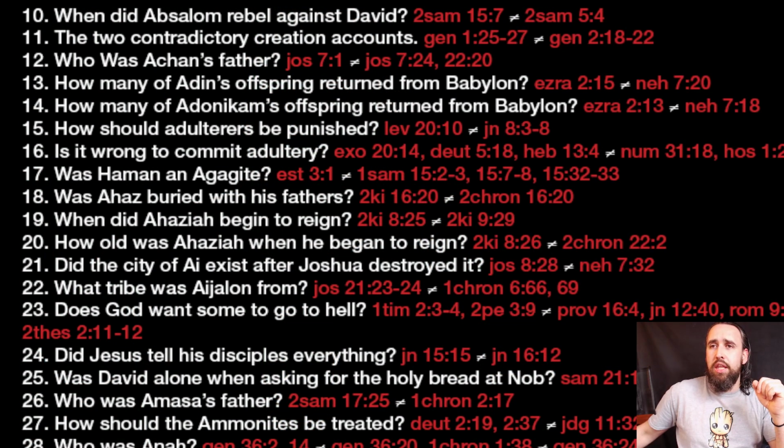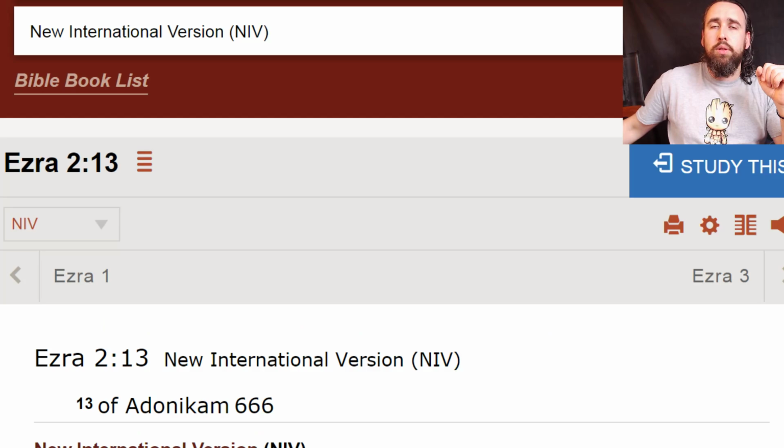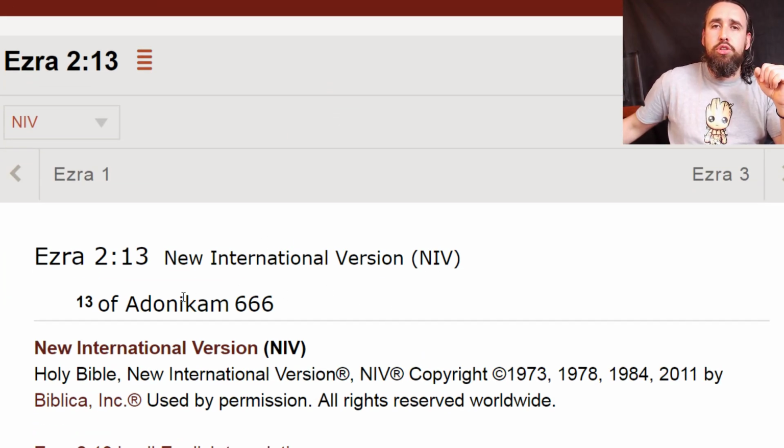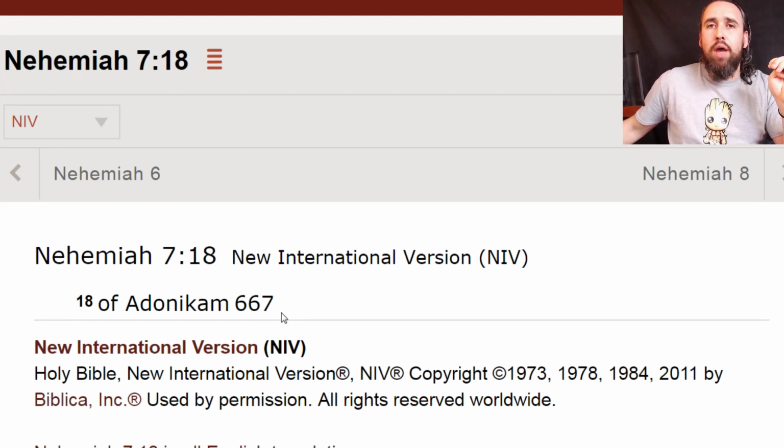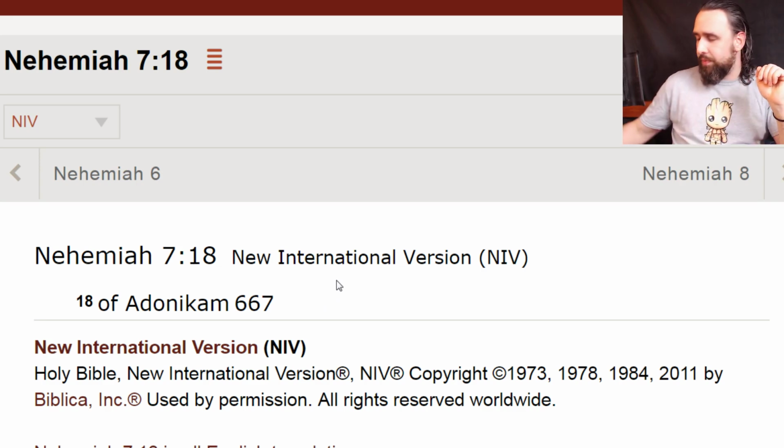So there's the text again. That's where we're going: Ezra 2 and Nehemiah 7. Let's go to the original source in Ezra. So in Ezra 2:13, we clearly say that of the people returning in Adonikam's family, you've got 666, or for you conspiracy people there, mark of the beast, right? Probably going to hear something about that. And then in Nehemiah, you have a contradiction which says 667 instead of 666. Okay, now